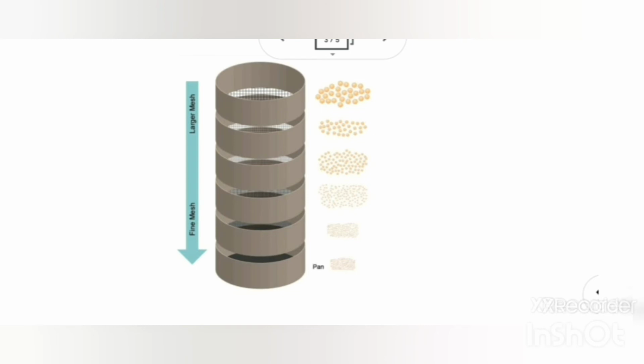So sieves are of different types. The mesh which they are using will have gaps in between. Based on the different sizes, we segregate the soil. So the top sieve will have bigger gaps in the mesh. The bottom one will have smaller mesh. So according to our question, we can know that 75 micron size is a very small type of mesh. So we can say that a bottommost sieve is taken and they are segregating the soil by sieving the soil sample.